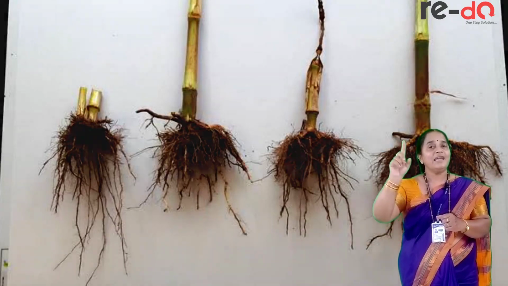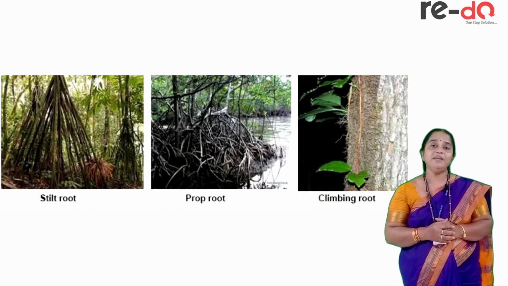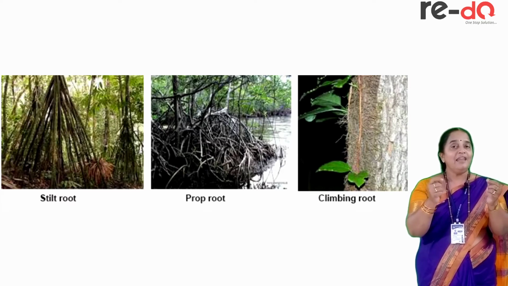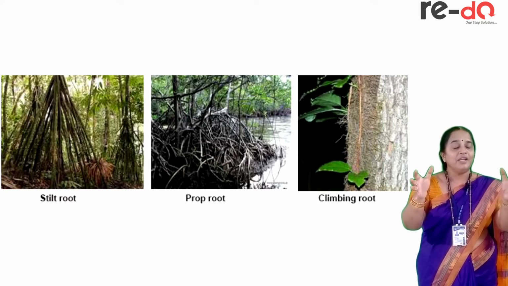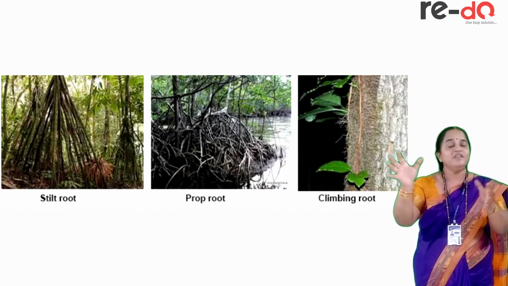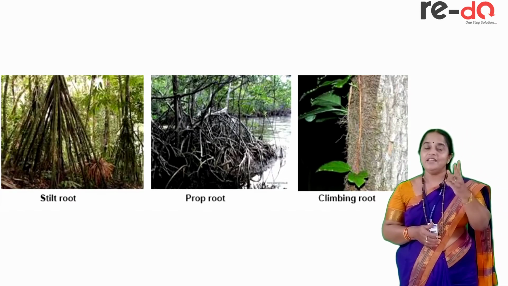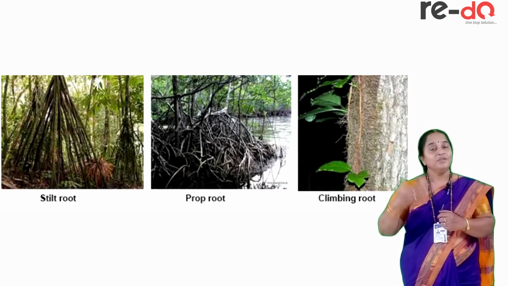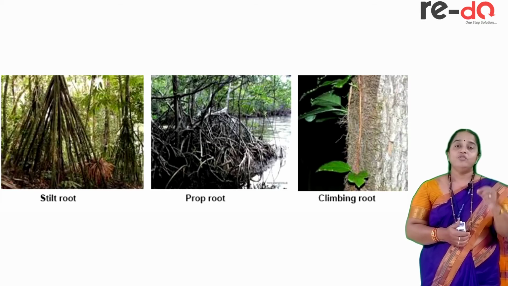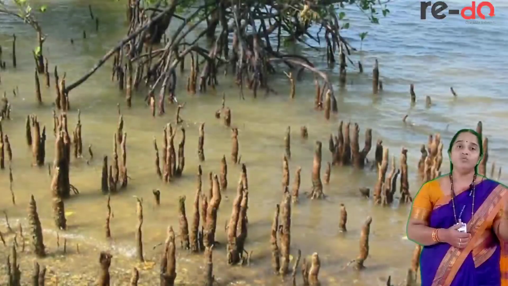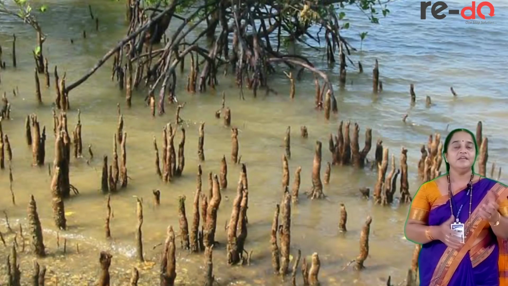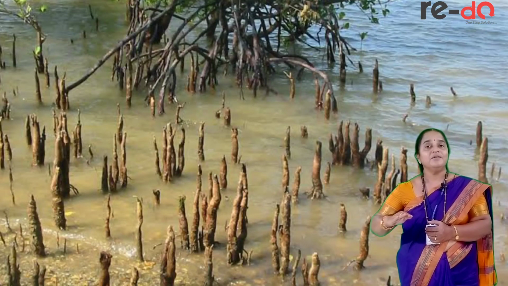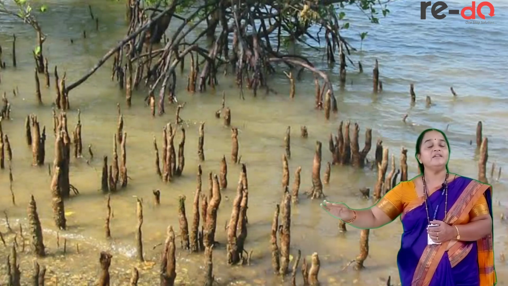If you see the climber of a betel vine or a money plant, every node produces climbing roots, which help in adhesion. Adhesion in the sense of attachment to the substratum. So these are three mechanical roots but adventitious in nature. Moving further, the roots in mangroves. Mangroves are the plants which grow in saline regions, where the sand or soil is covered by the sea water.